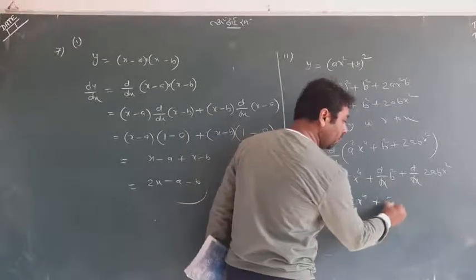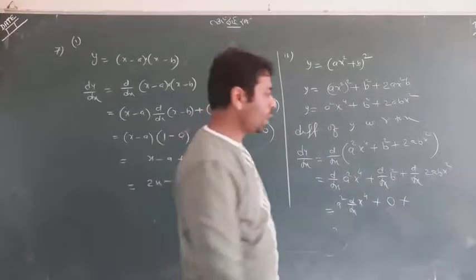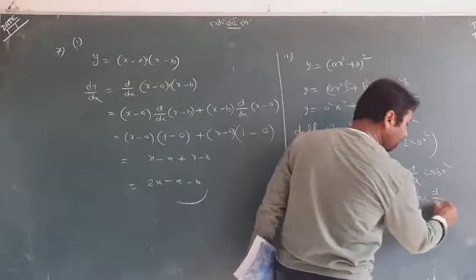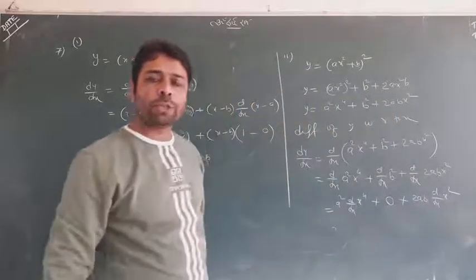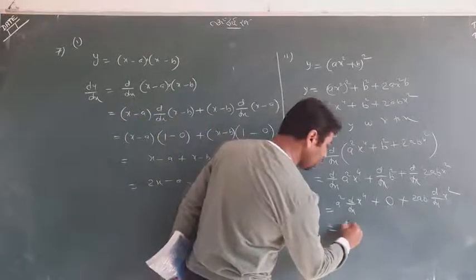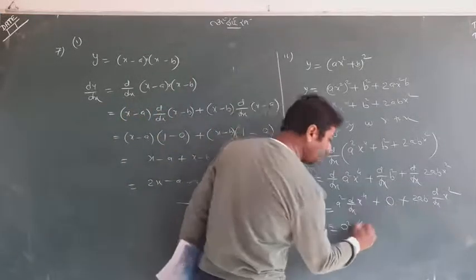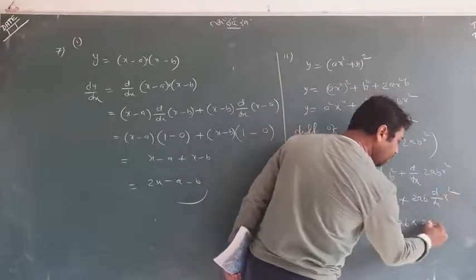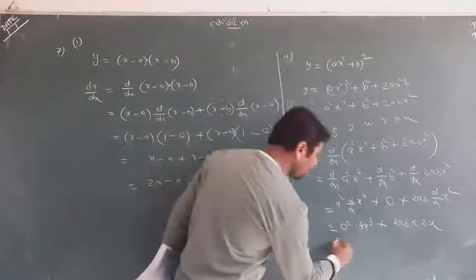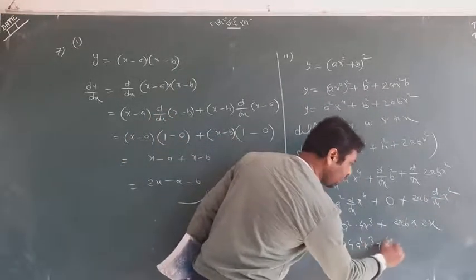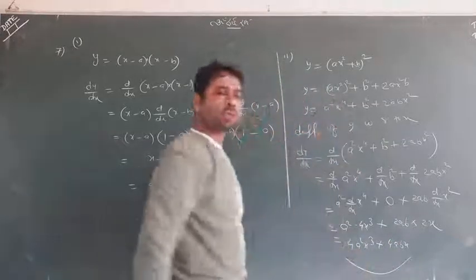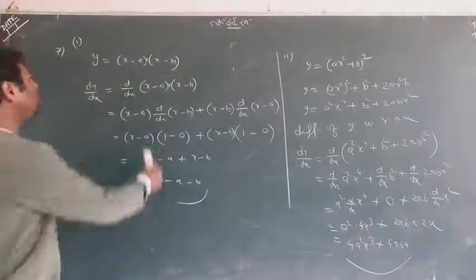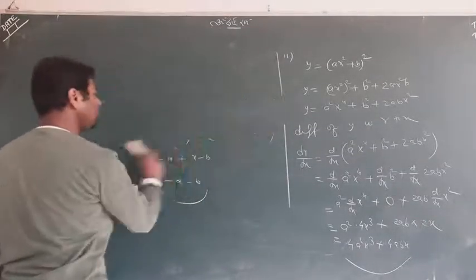Here b squared is a lone term, so the differentiation of a constant is 0. And 2ab is a constant factor which will come out because x squared is in multiplication. So we will do only the differentiation of x squared. The answer is now a squared times the differentiation of x to the power 4: the power comes to the front and 1 reduces from the power. Similarly, 2ab times the power comes to the front and 1 reduces from the power. So your answer is 4a squared x cubed plus 4abx. Now you can take out some common factor and give your answer properly. So this is a way of doing the questions. I don't think it's a tough one, guys. It was all so easy.